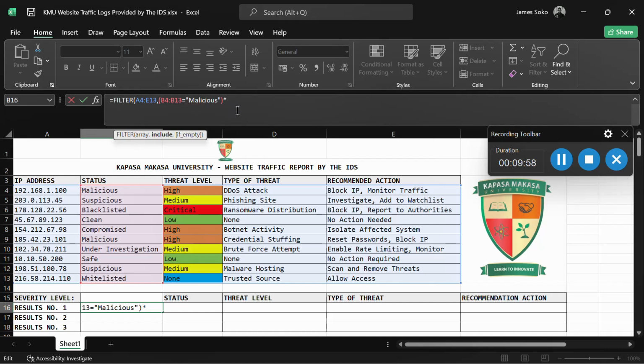So I introduce a star, which acts as and logic in this case. So we are trying to add two or more strings together, or conditions. So this is the first condition we have, and I want to add another condition. So I open up a bracket, and in this condition I'm saying I also want to specify the threat level I want.